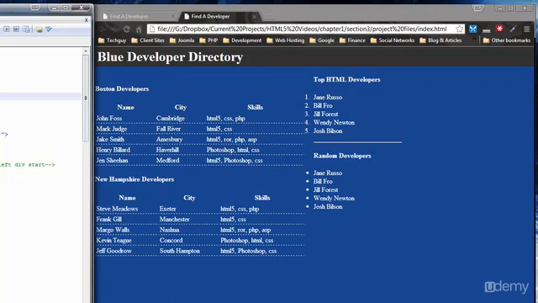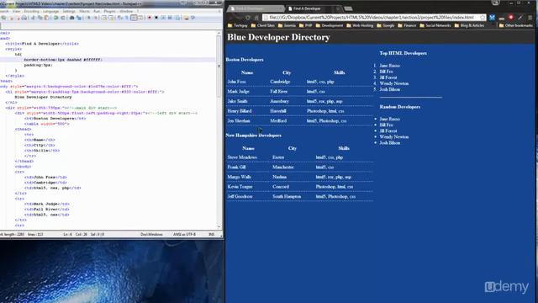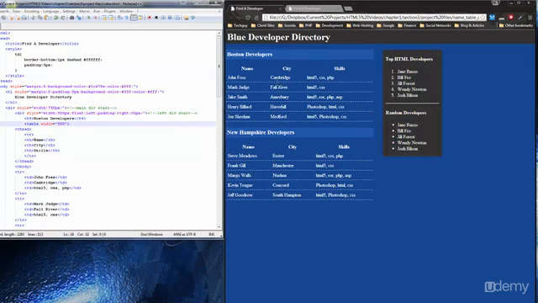We're just going to do padding 5 pixels around everything. I mean around the entire TD. So we'll save, and there's the spacing. Looks a lot better. Just that simple little line makes it look a lot better. Alright, so let's look at our final page, and we'll notice that the heading, the H4,